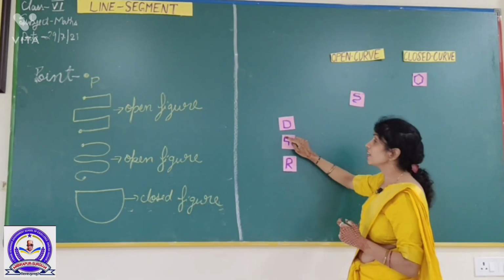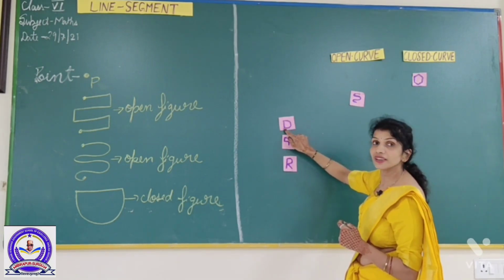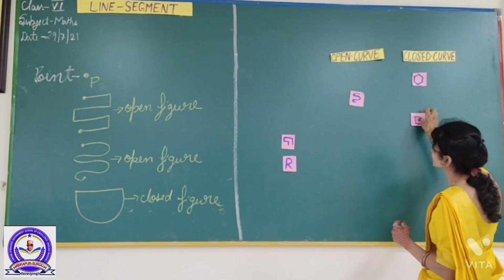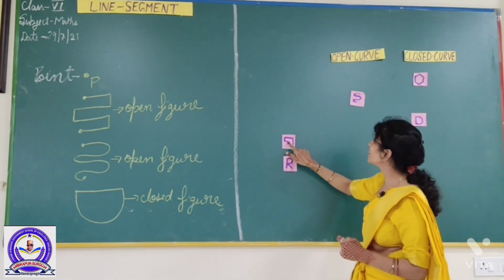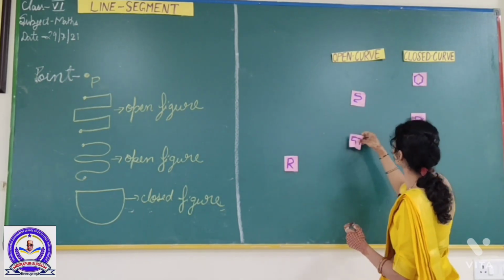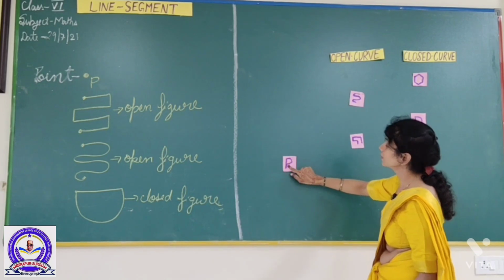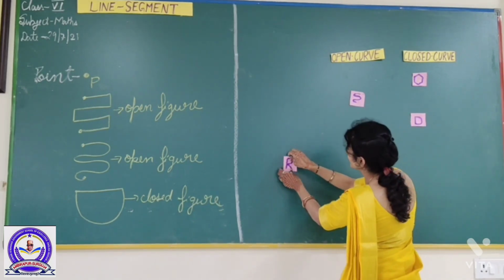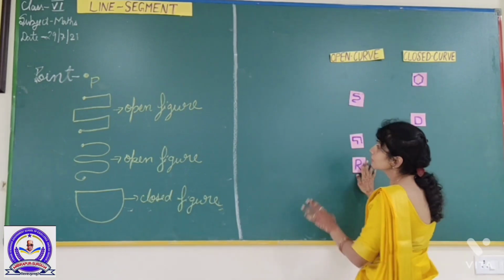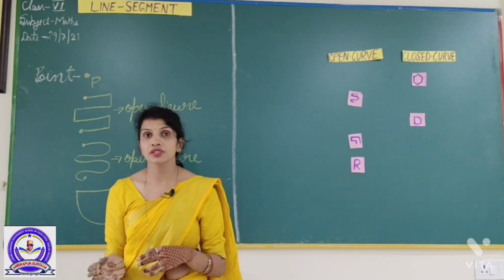Now just see this, the alphabet D. I started from here and end here. Very good. It's closed. It's open. By the diagram only you can tell. Very good students. And the last one, they started from here. Yes, it's an open curve. So you have understood how we can draw the open curve and the closed curve.